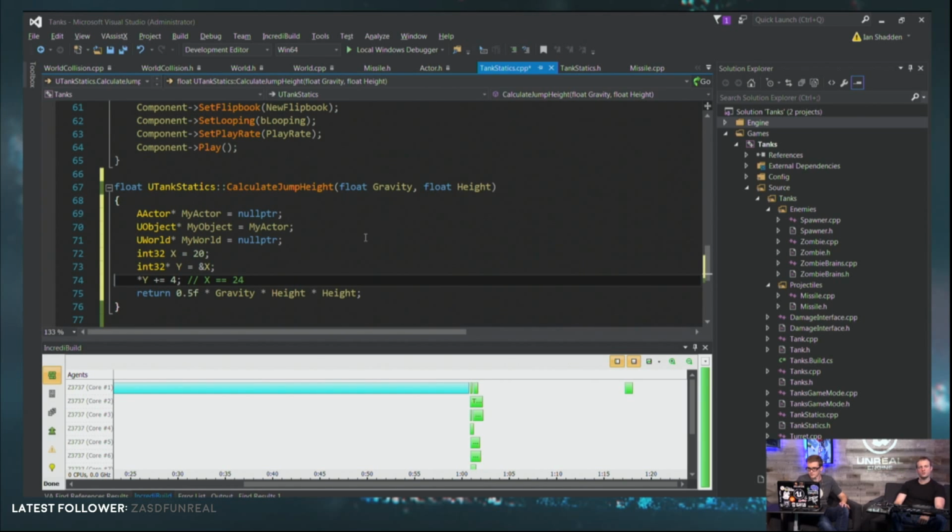But mostly you're going to use a pointer when you're referring to big complex game objects like actors. When we call something like this and we say float gravity, this float is a local variable.